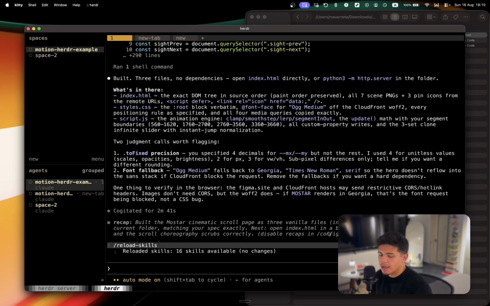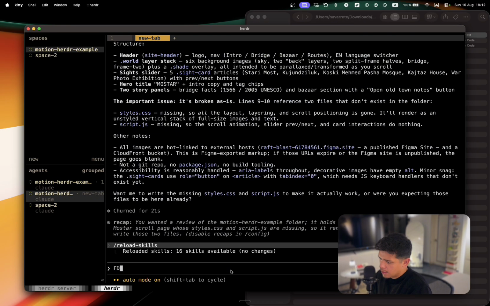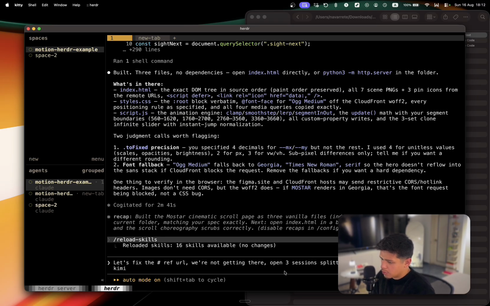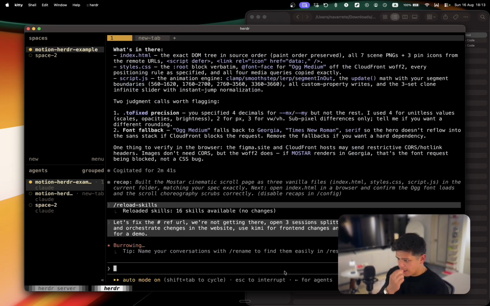So basically, if we had the skills loaded, we are able to use the CLI to split panes or start new agents, and this complements really well with OMyPy because OMyPy switches between models. This means I can start an agent for Kimi or for Claude or for Grok. Fix, I have it here. Yeah. Open 3 sessions, split it, one with Grok, the other with Kimi, and orchestrate changes in the website. Use Kimi for front-end changes and use Grok for other changes. This is for demo. And then this agent will use the herdr skill, hopefully, and orchestrate all these changes using